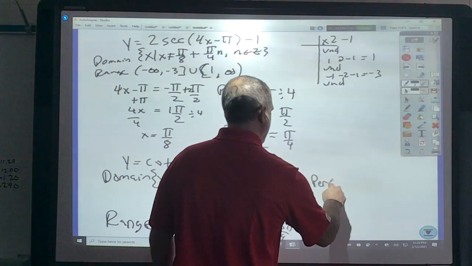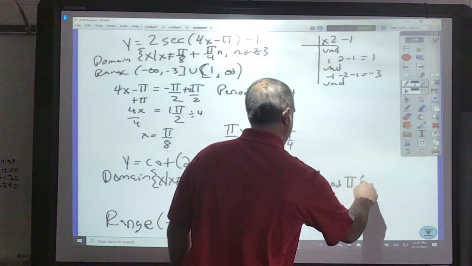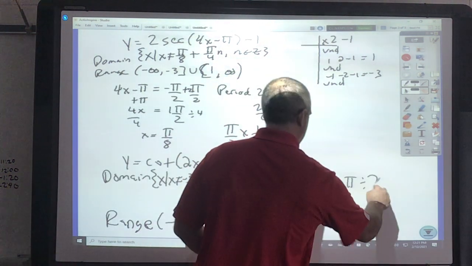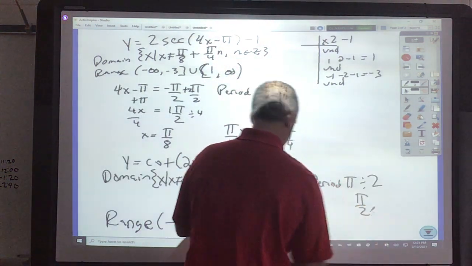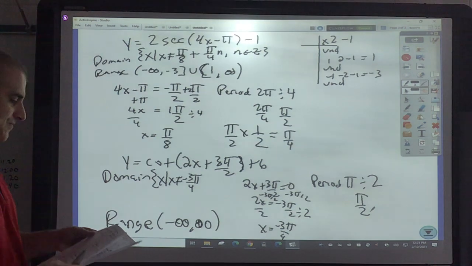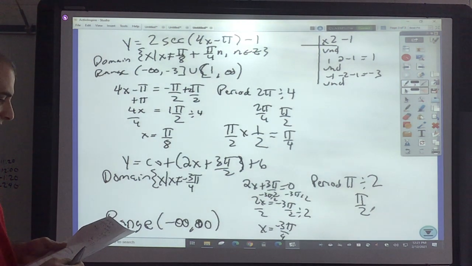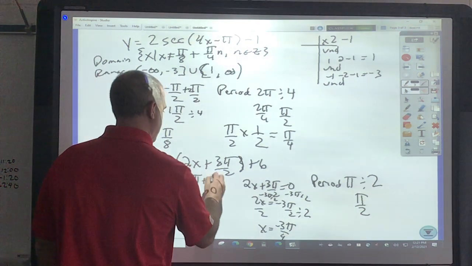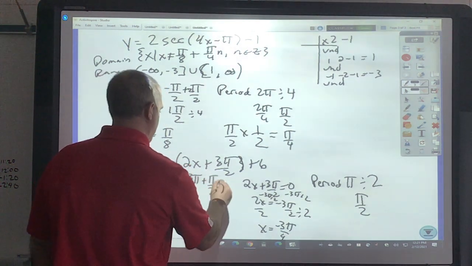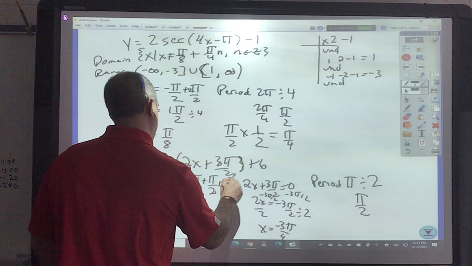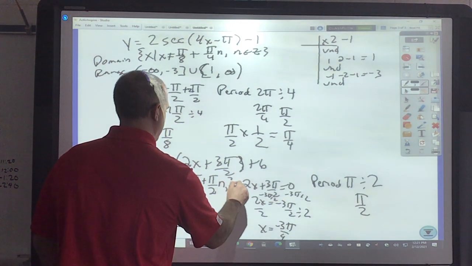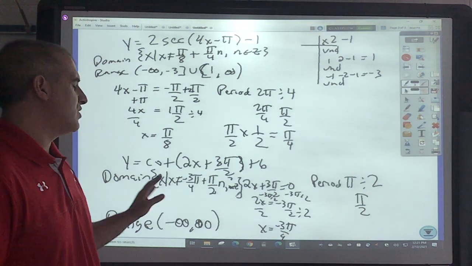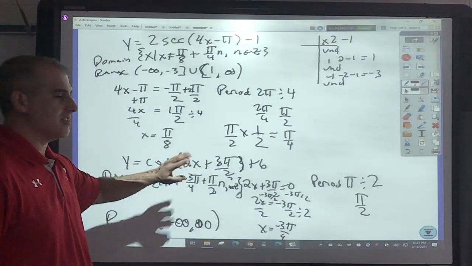So my period would be pi divided by the number that's in front of x, which would happen to be 2, so that's going to be pi over 2. So that's how simple that is. Plus pi over 2n, once again, where n is an element of integers. Once again, they're a little bit more complicated there. I didn't have to divide by 2 again because it's